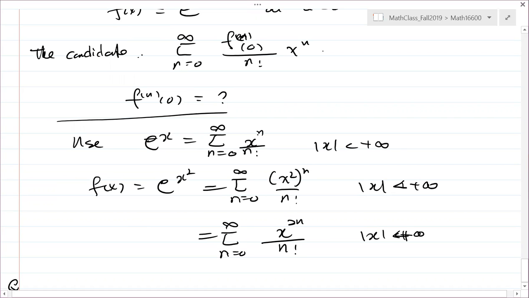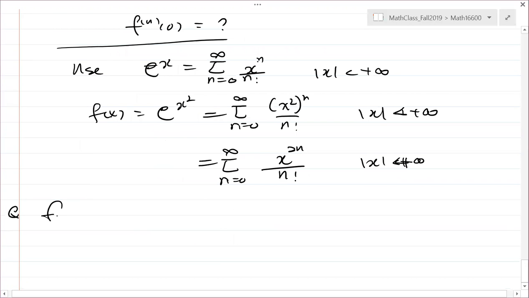It's the same here. If you already found the power series for e to the x, then you can use that to find the power series for e to the x squared. Even the following one: find the power series representation